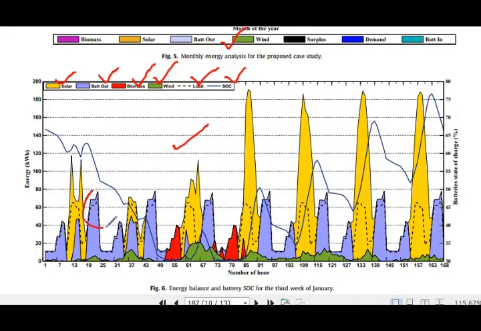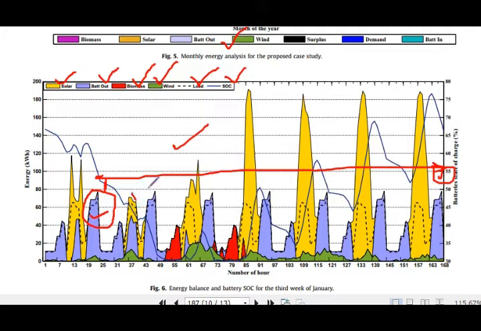In this specific case you can see that no solar is available and wind is also very low, so the load is met by the battery discharge. The battery has sufficient power. Here it has a 55% SOC, so it can provide the power in this case. After providing the energy, it is still above 50% SOC. So it is providing energy to the load, and it has sufficient energy.